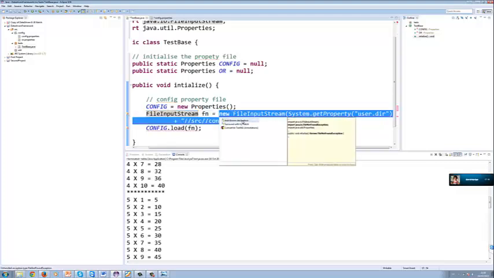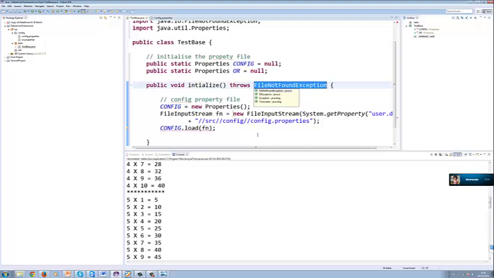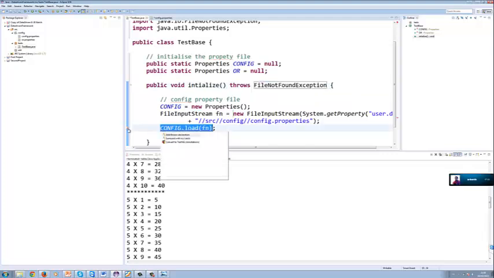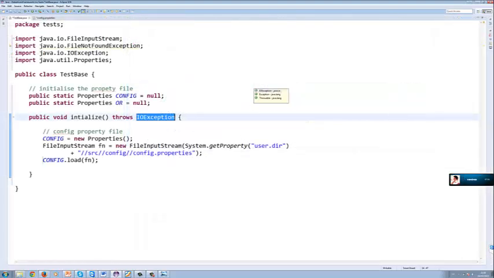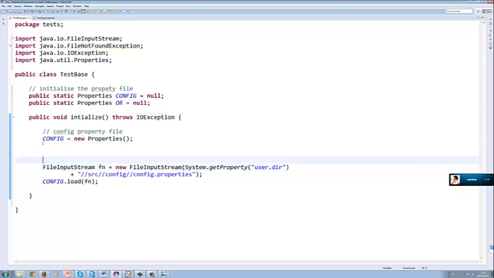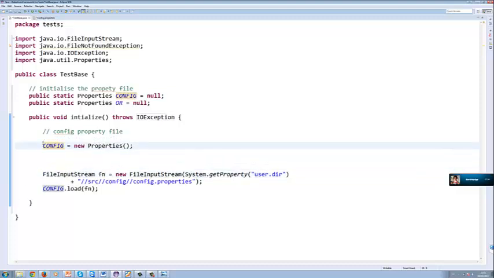So it will add throws declaration to this, so don't worry about it. It keeps adding things, it knows that it may create some exceptions and all. Okay, so what we are doing here is, I just said config is equal to new properties and activated this